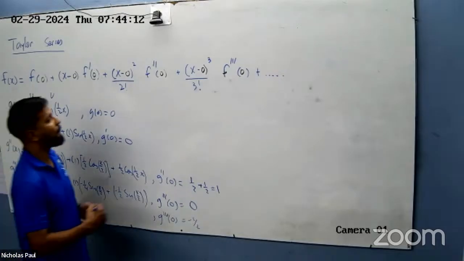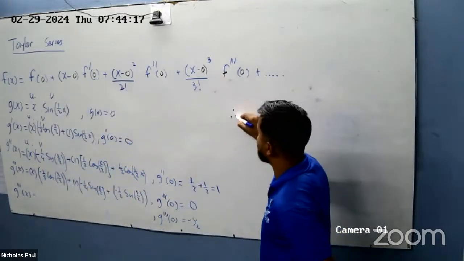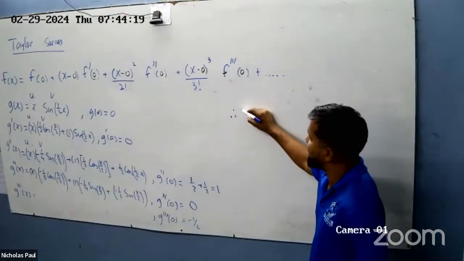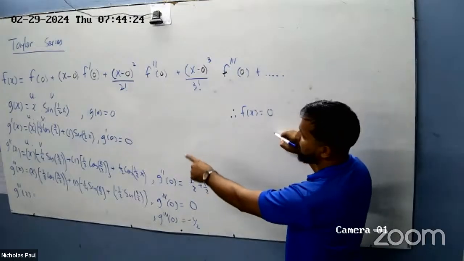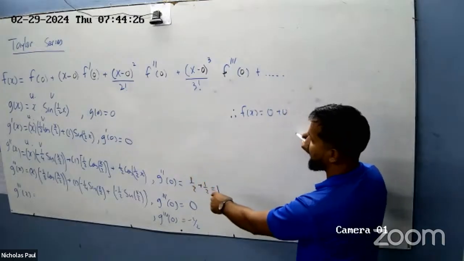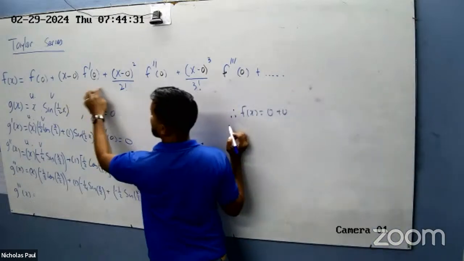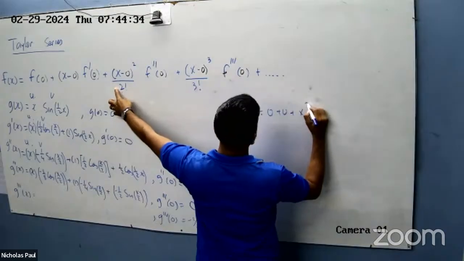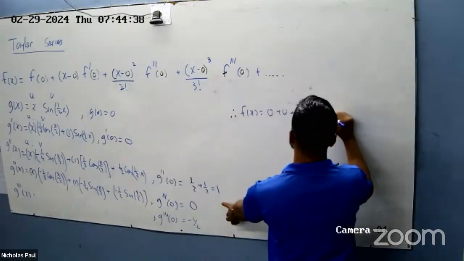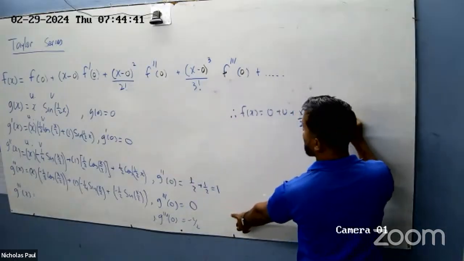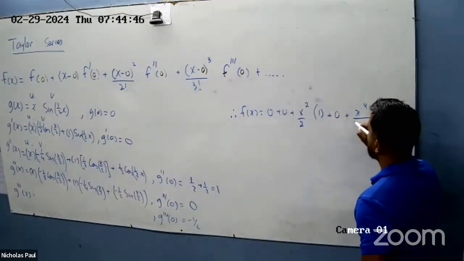Minus a half. All right, so the final answer, you don't get minus a half too. Final answer is f of x is equal to f of 0, which is 0. Next term is 0, so we don't bother with that. The squared, that's here. So this is 0, this is 0. So here now, it'll be x squared on 2 by double prime, which is 1. Triple prime is 0, to the power of 4 will be x to the 4th over